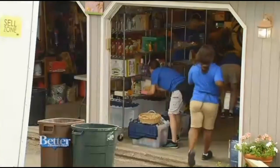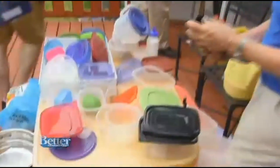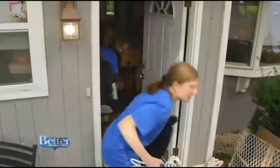So people entered the contest by submitting pictures of certain rooms in their homes, and the folks at the National Organization of Professional Organizers Connecticut chapter selected a winner. The winner is Amanda Barnes of Norwalk, and on July 6th, her home went through quite the transformation. Take a look. Look in any direction and you see organizers actively working to get this Norwalk ranch cleared out